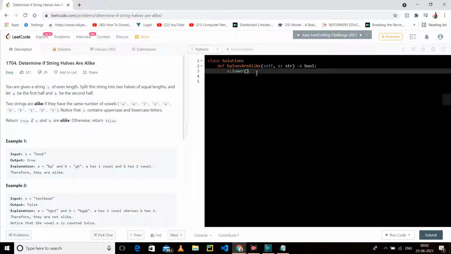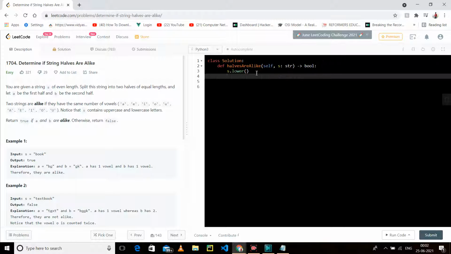Now it's lowercase. So I will say our left string is the string starting from 0 and going till the length of s divided by 2. If the length is 4, then 4 divided by 2 is 2, meaning starting from 0 and going till index 2, where 2 is not included, so it takes 0 and 1.